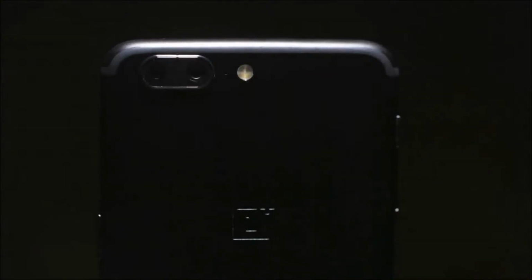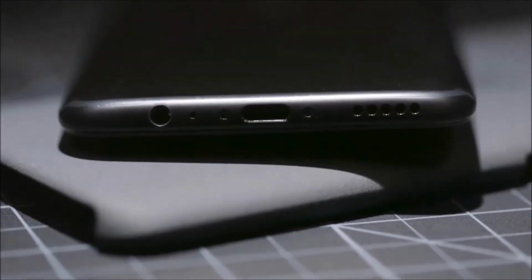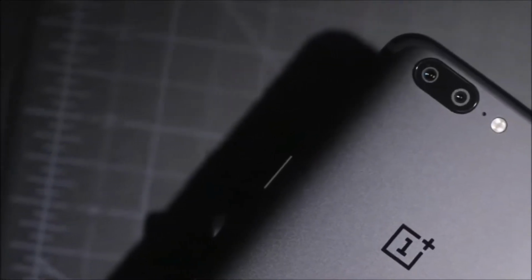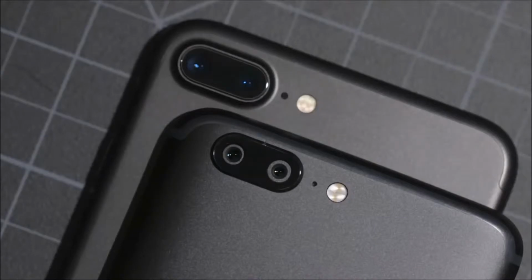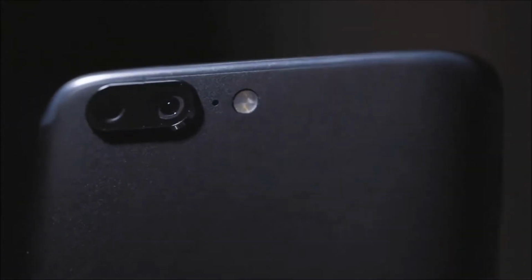This display is fine, it's bright and sharp and colorful, and you can see it outdoors, Galaxy S8 or LG's G6. The design of the OnePlus 5 is more rounded and curved than the squarish 3T was, and it's going to be instantly recognizable to most people. It's basically a slightly smaller iPhone 7 Plus. The dual camera is in the exact same spot as the iPhones, and so are these curved antenna lines. It also has a super fast fingerprint scanner right on the front below the screen. But it does have some unique OnePlus touches, like this ringer switch, which makes it really easy to turn the